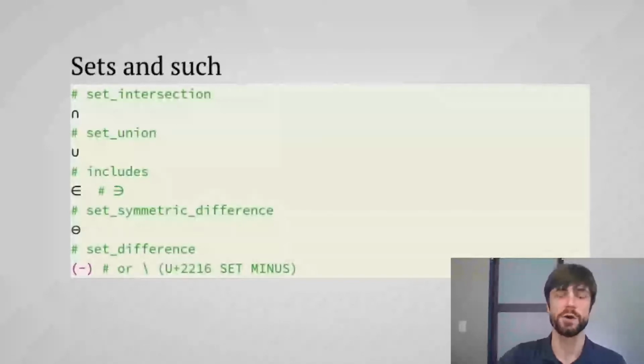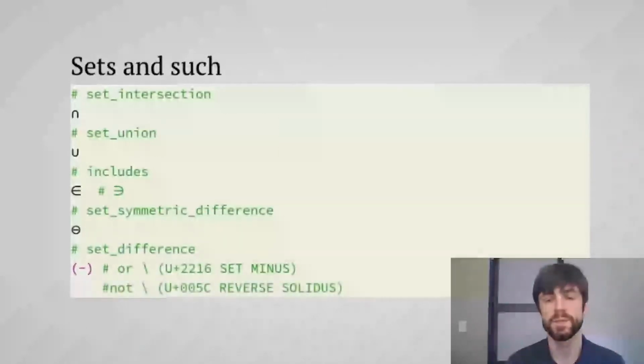I know that this is a distinct Unicode character from a backslash, and I know that it is the mathematical symbol for set difference, but unless I am very clearly operating in a set context, I cannot imagine that I would distinguish that from the corresponding character for a backslash, and I cannot imagine that it would be anything other than confusing. So that is the one area where I will use the ASCII character equivalent,